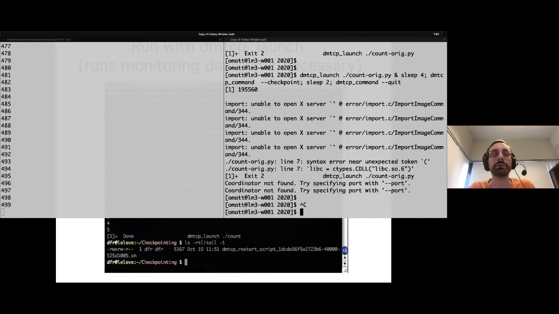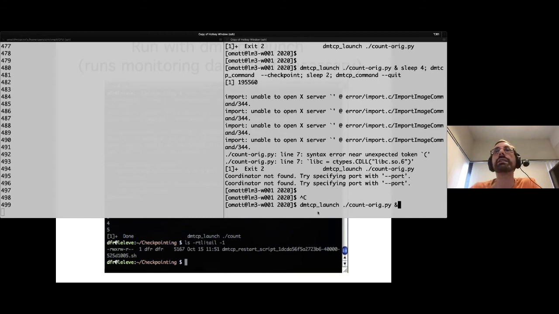Okay, so basically what the code is doing is you launch it like this. You have DMTCP launch and then your program. And then what we call the coordinator. So on top of your program, there is another program, DMTCP, which is going to check your program. And then you can send in commands. So if I'm looking at the full command here, DMTCP command, in that case, I'm asking for checkpointing, and then at some point, I'm asking to quit.